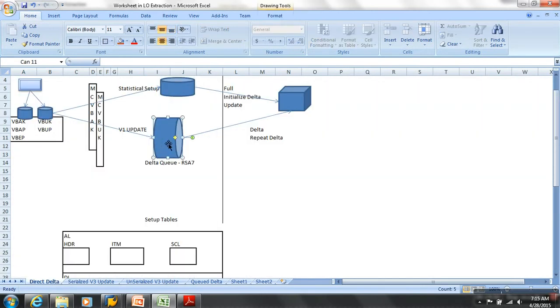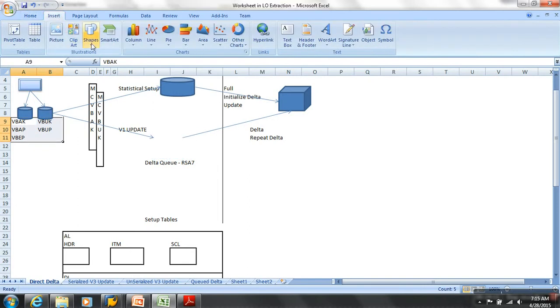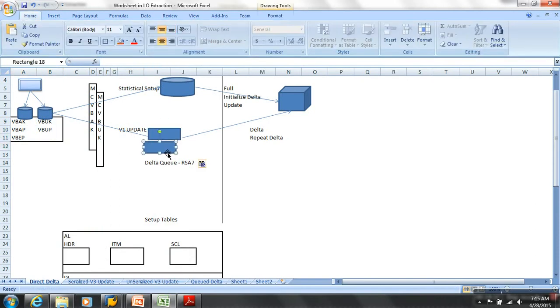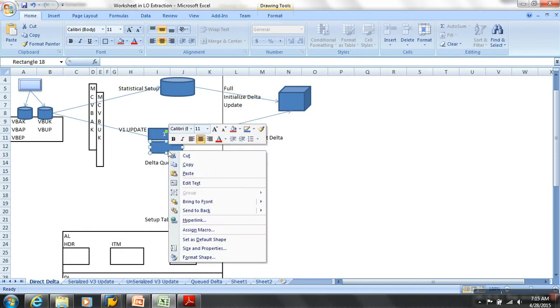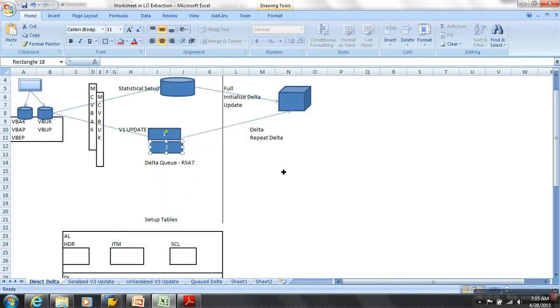Here you have the queue, right? What should I do? I will delete this. Like this, we had two tables here. One is called 1 and the other one is called 2. Let's say now 1 is collecting and 2 will be giving data to BW. Now when you do the next delta, then what happens? Now 1 will start giving and 2 will start collecting data. Like this, there are 2 delta tables. It collects delta records here and also into the select tables.